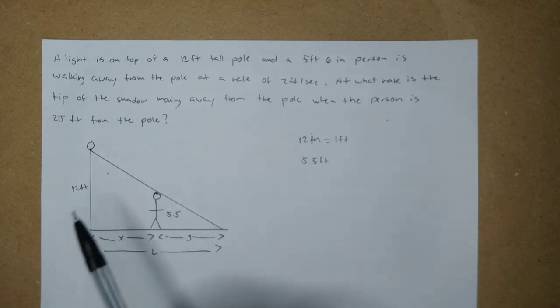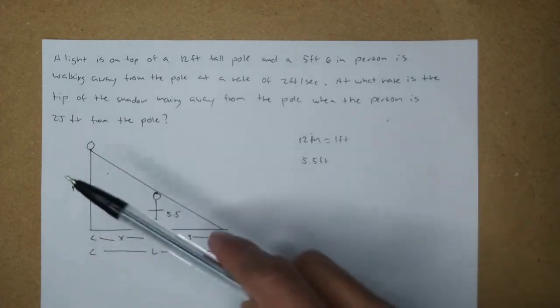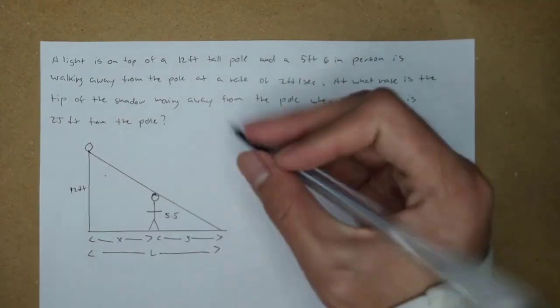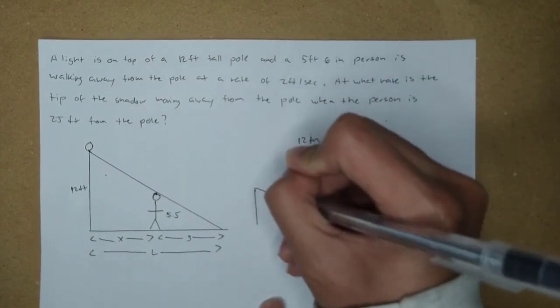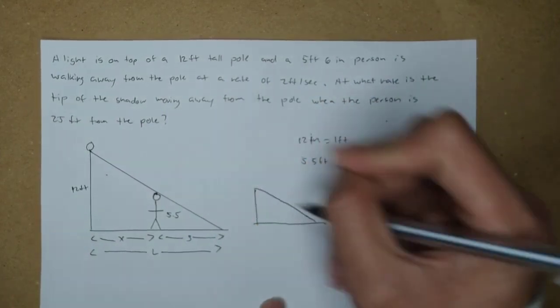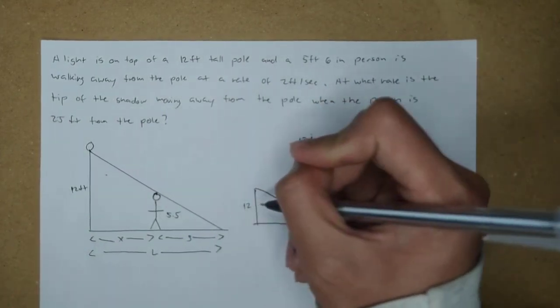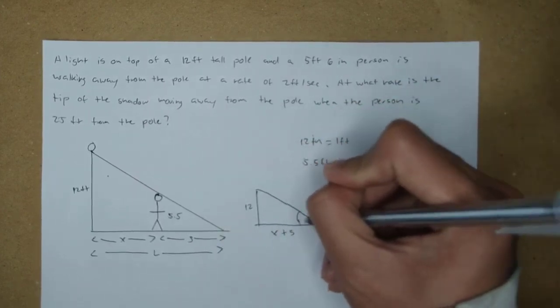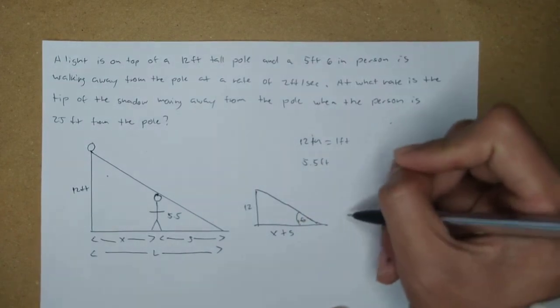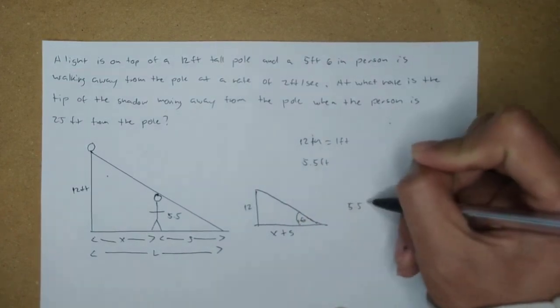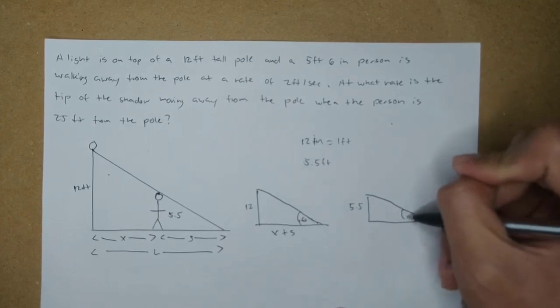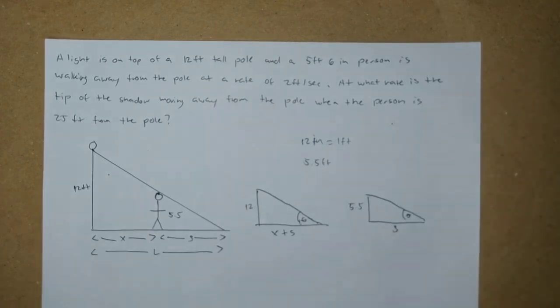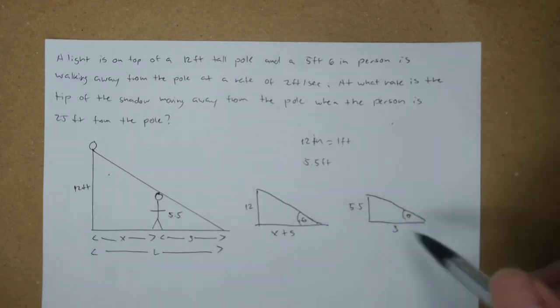In this one, as you can see, we have two triangles. Let me draw it first. The first is the bigger triangle. We have 12, and at the bottom x plus s, and we have here the angle. And the smaller triangle is from the person, which is 5.5. Here's the angle, and we have here s. Since we know that they are similar triangles and have the same angle here at the tip,